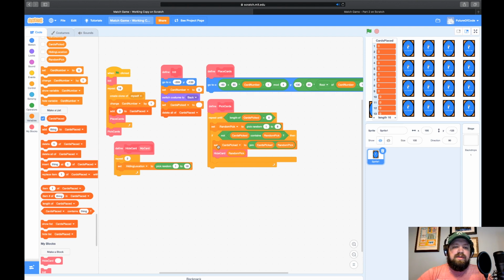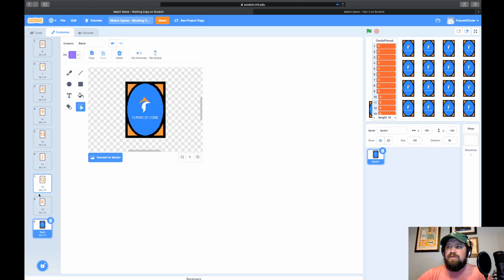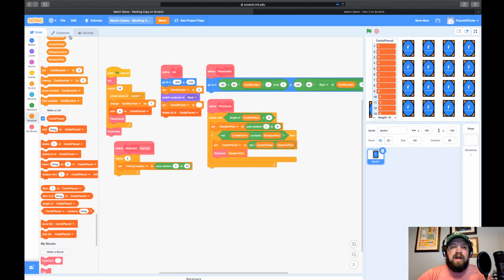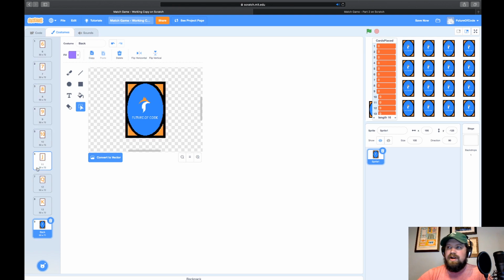Now, we have this set up. This is great. We have a list. We know that the list is, there's no card placed. What we're going to do is we're going to put our costume number, 1, 2, 3, 4, 5, 6, our hiding location, our costume number. Sorry, I had to rethink that for a second. We're going to hide that in there.